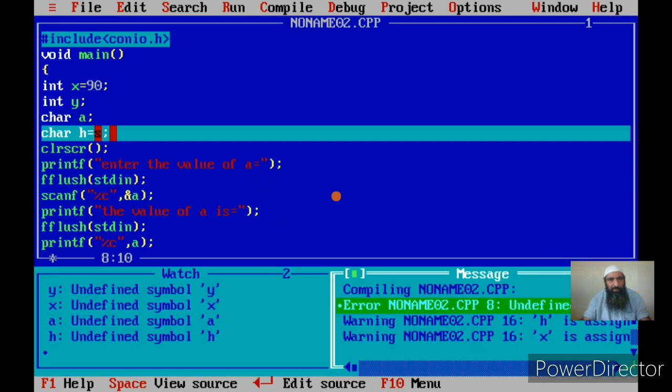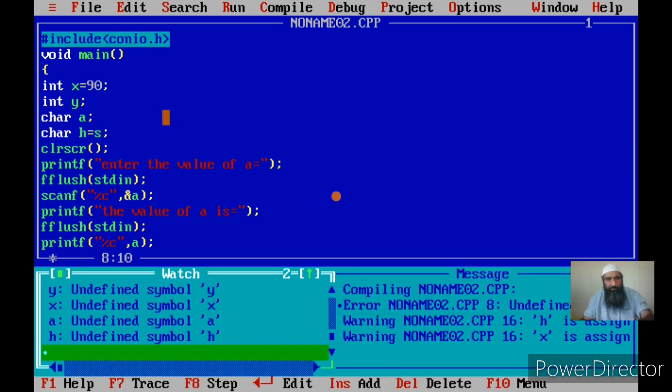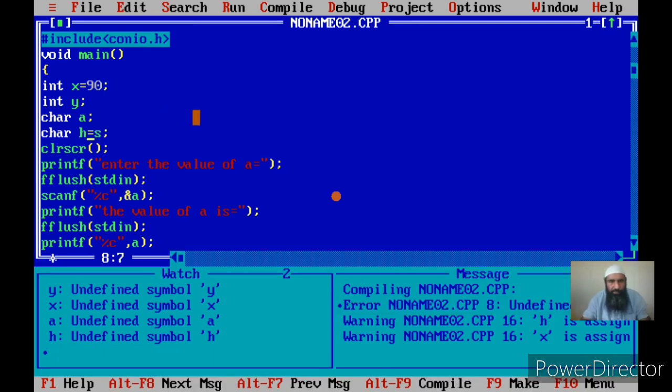S is taken as a variable name, not as a character constant. So in order to differentiate between character constants and variable names, we have to put S within single quotes. Once we compile, now errors won't come.